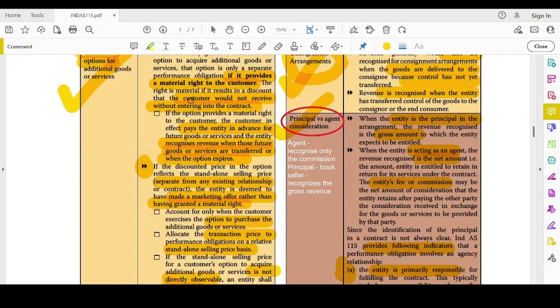If he uses an HDFC debit card or credit card, he will get a discount of rupees 10, available till 31st January. So I will recognize the revenue at 90 rupees for now. If he doesn't use it till 31st January, then on 1st February I'll also recognize the remaining 10 rupees as my revenue,